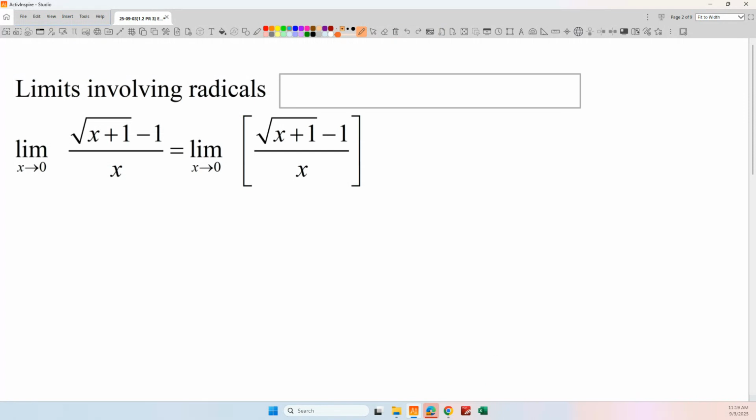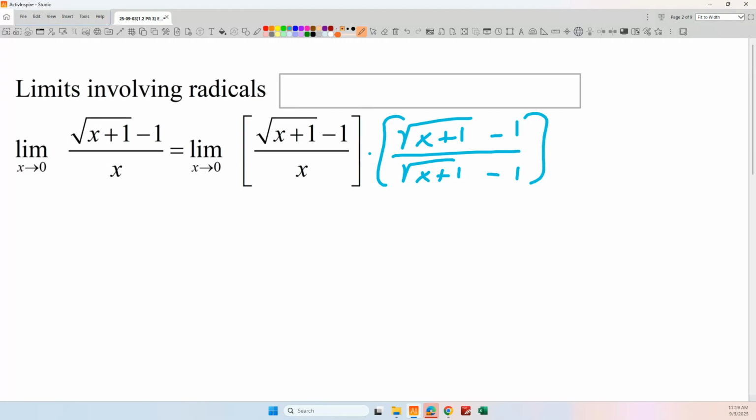What if I multiply top and bottom by the square root of x plus 1 minus 1? However, that doesn't really help us very much because I'm still going to end up with something on the top that involves square roots. If I FOILed this out, I'm going to get, on the top,